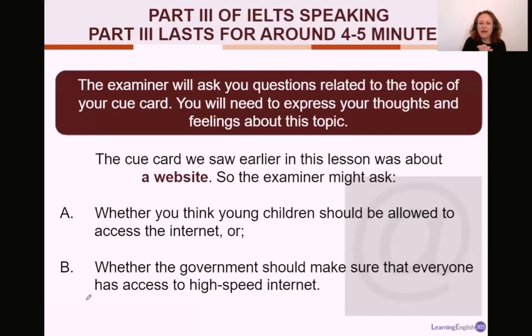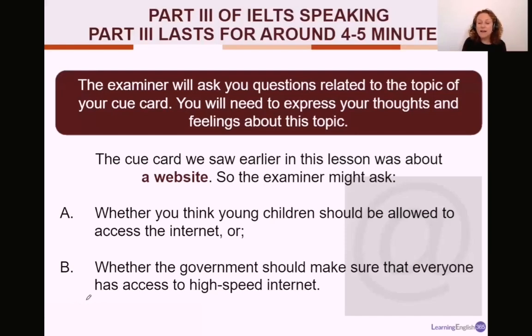So if you are asked these types of questions, sometimes it's okay if you think you have this question, maybe you've never thought of it. So B, for example, whether the government should make sure that everyone has access to high-speed internet. If you were asked that and you genuinely think, I've never even thought of it, it's not really an issue for me or where I live or my family, it's okay to say to the examiner,